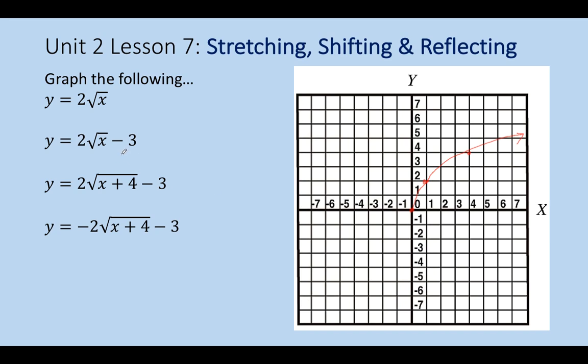All right, but all the rest of them are simply just a shift. Okay, so this minus 3 means I go down 3. And I would do the same function here. So over 1, up 2, over 4, up 4. And you can see it's the same function, just shifted down 3. The rest, same as before. I'm going to move it 4 to the left. I'd reflect it, flip it up